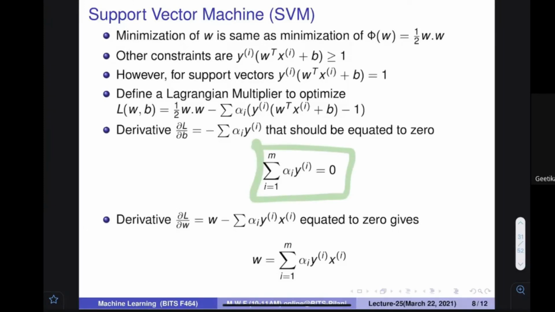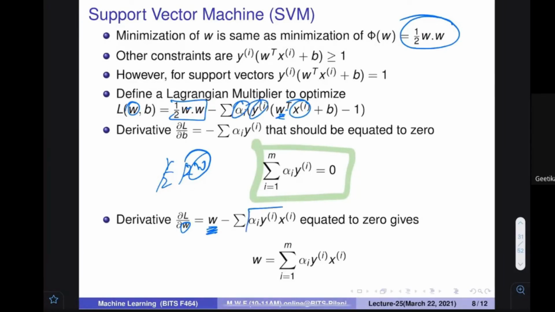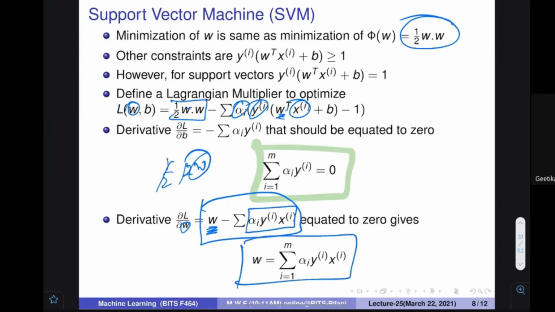Now we find the derivative with respect to W. You know that W is here. That's why I told you why we use the half. It is W squared, so it is 2 multiplied by W, times half of this, then the 2 goes away and you get W over here. W is also here, so you also have to find what is multiplied with W: x, y, and alpha. So you see the summation of alpha, y, and x. This quantity should be equal to 0 because you want to find the optimal value. So you get W equal to this particular quantity. Once again, alpha i is multiplied by yi xi for all the data items that you have.